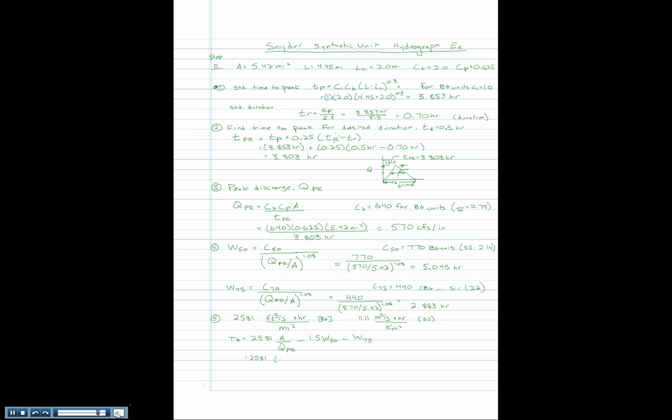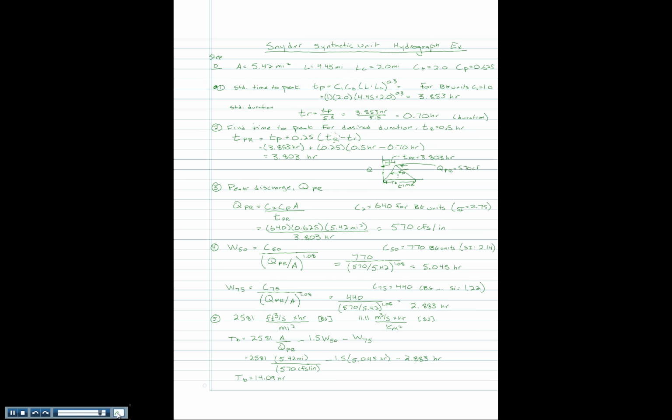2581, 5.42 miles divided by 570 CFS per inch, which we previously determined, minus 1.5, 5.045 hours, and 2.883 hours. That gives us that the T sub B is 14.09 hours. So with that, we're able to know both the peak flow rate was Q sub PR